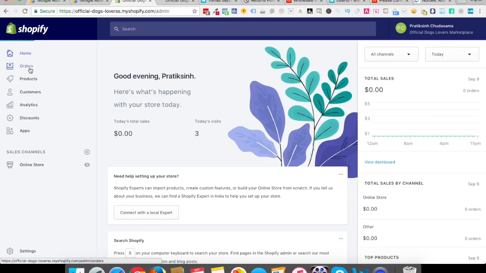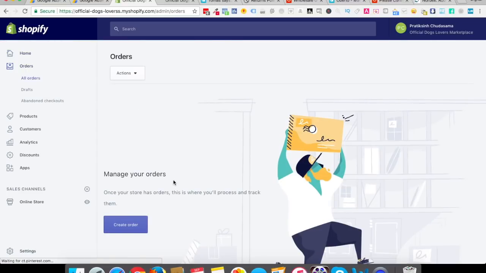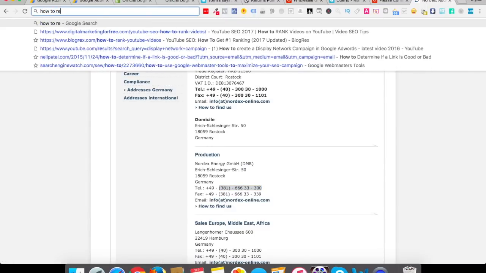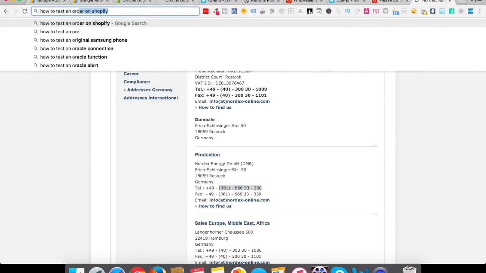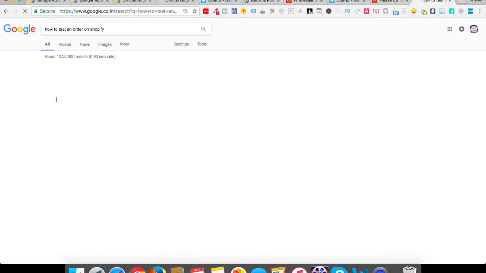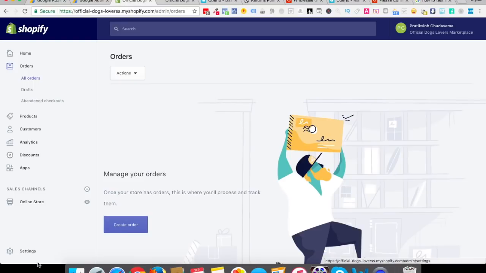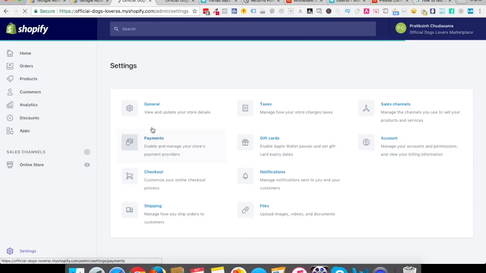Where is the option? Let's go to orders. Let's Google it. Don't waste time. How to test an order on Shopify. Go to admin, settings, credit card, accept payments. So it should be in payments. Settings, payments,